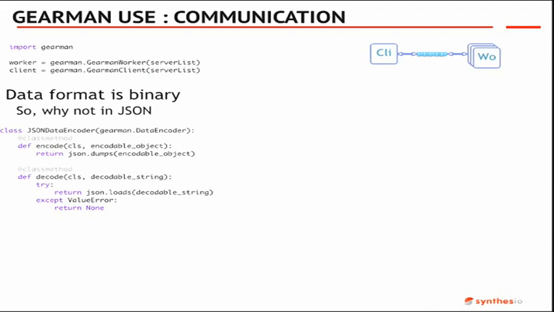You extend the class data encoder. You define the method to encode. You define the method to decode. And you have something that will basically do JSON. And how do you use this? You create your own worker class. You say that the data encoder is my new class, and you just create a new worker. Now your worker will not receive binary data, but already JSON-decoded data, because when it gets here, we have the string, our text, and we just return it into an object, a simple object, of course, which means JSON.